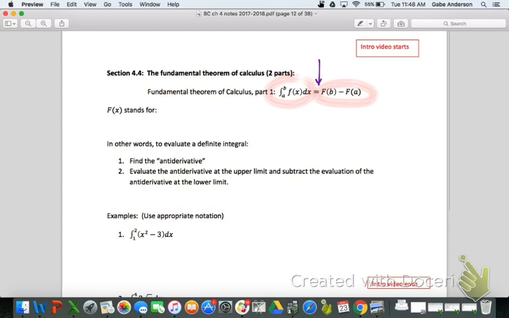First of all, capital F is not a typo here, lowercase f, again, not a typo. Capital F stands for the antiderivative of lowercase f. Try to make that a lowercase if I can. So for that reason, I'm kind of jumping the gun here a little bit, but I kind of prefer a slightly different version of this fundamental theorem of calculus, and I'll show it to you right now. I would illustrate this by saying integral from a to b of f prime of x dx equals, let's